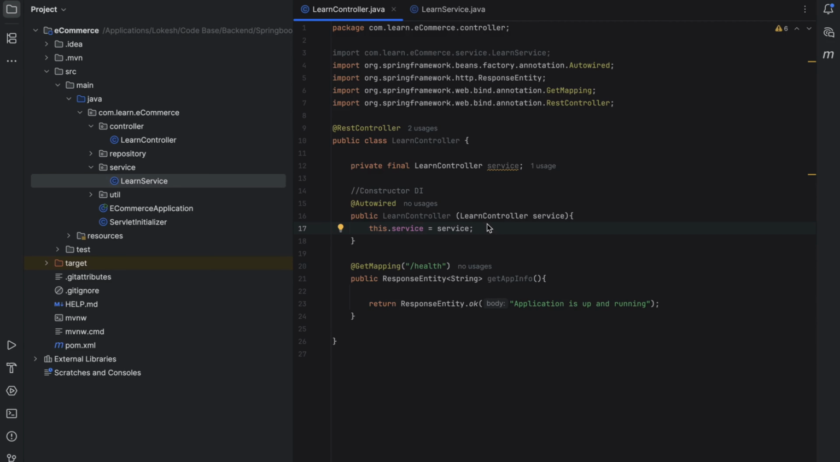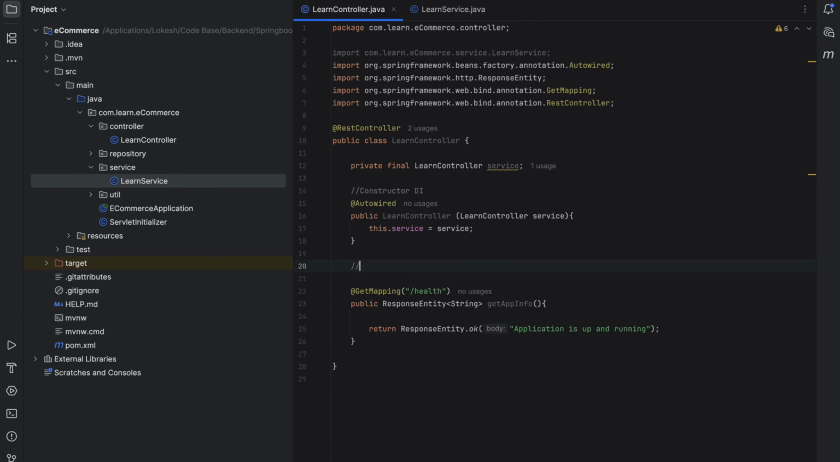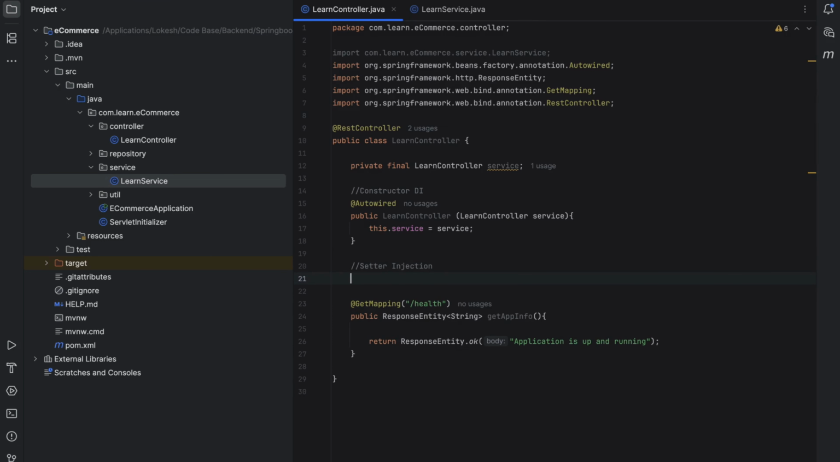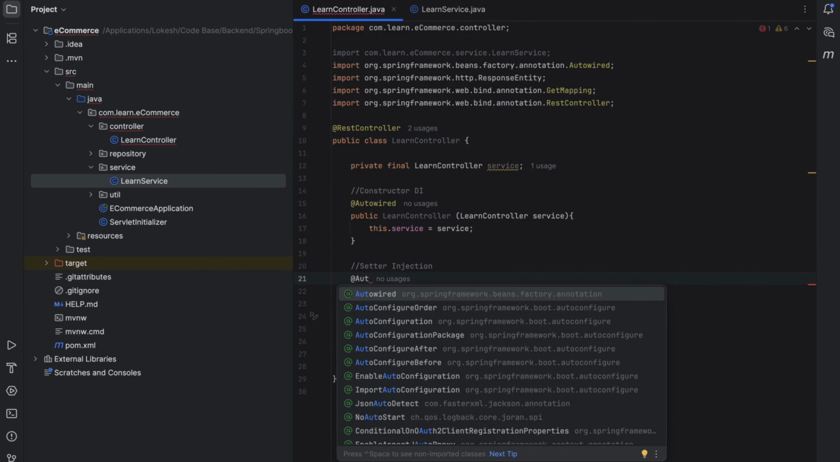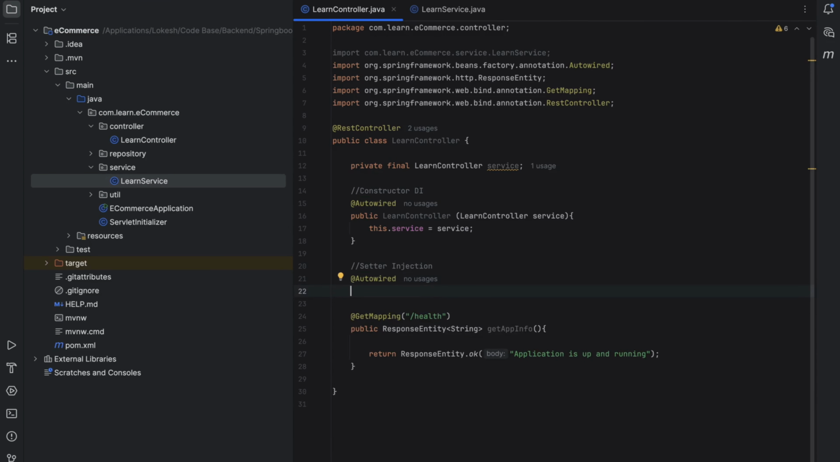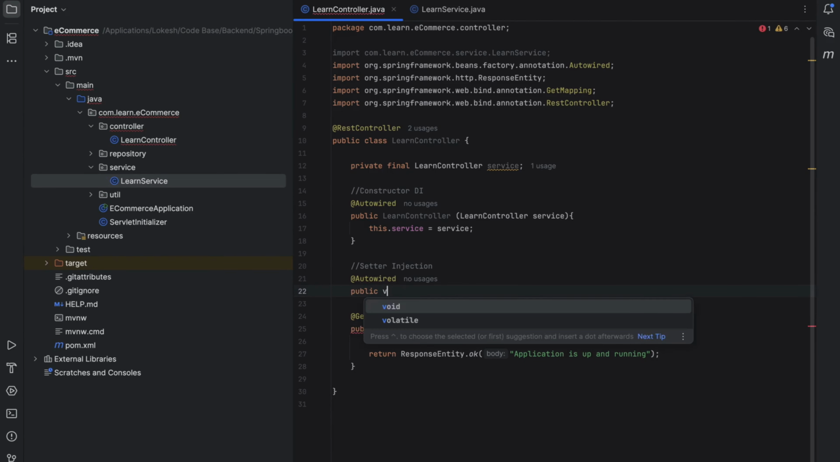Let's see what setter injection is. I'm writing in the same example. Setter injection is nothing but writing one set method. First we need to give Autowired, which is the annotation we use for dependency injection. Okay, so here, public void